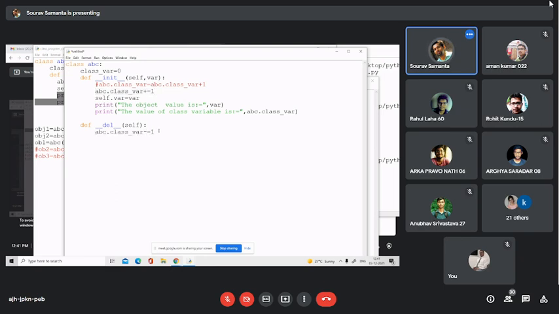What is the meaning of abc dot class underscore var minus equal to 1? It is just similar to this statement, this one.